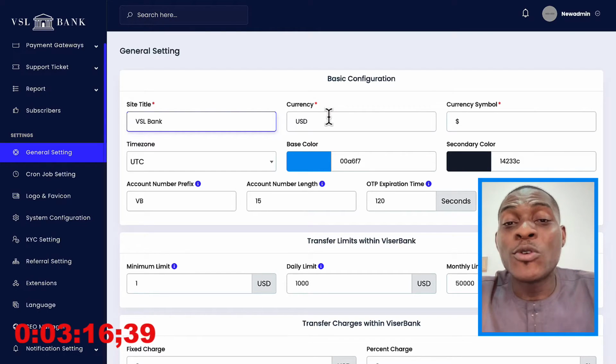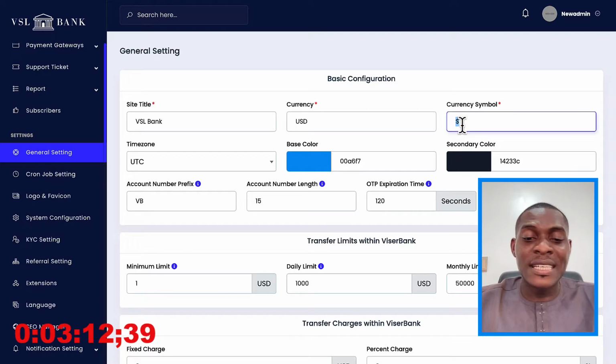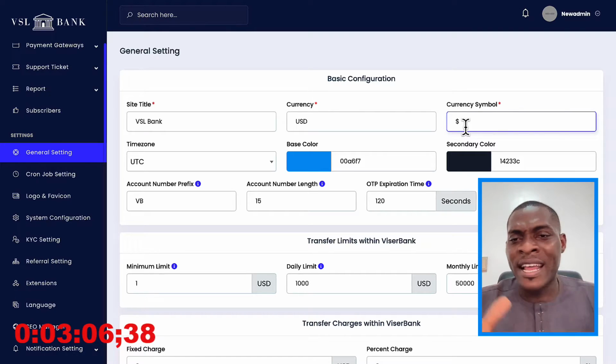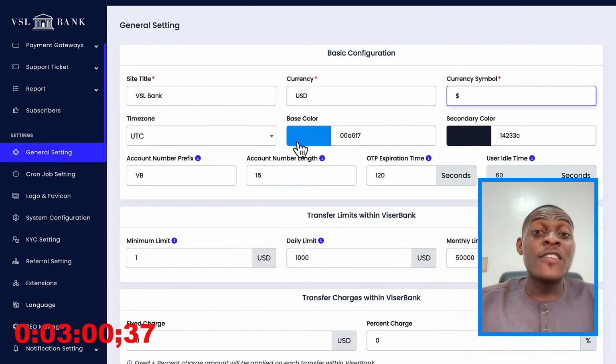Now in what currency do you want to trade? Put in your currency here and you put it here. If you want to put it in Naira, put in the Naira symbol here and you are good to go. All your transactions are going to be in Naira. But we're going to leave this as what? Dollar, as it were. So now we'll put in the time zone,